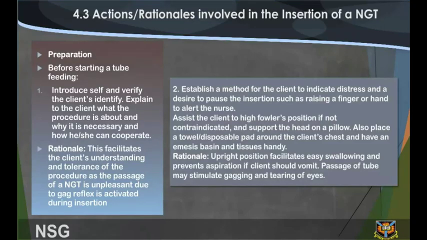Actions and rationales involved in the insertion of a NGT. Preparation. Before starting a tube feeding. 1. Introduce self and verify the client's identity. Explain to the client what the procedure is about and why it is necessary and how he or she can cooperate. Rationale. This facilitates the client's